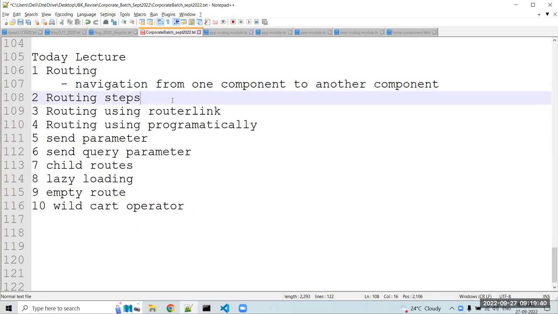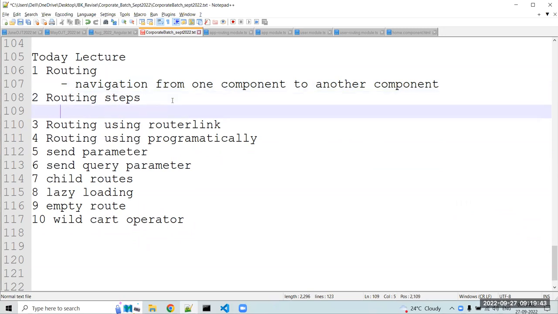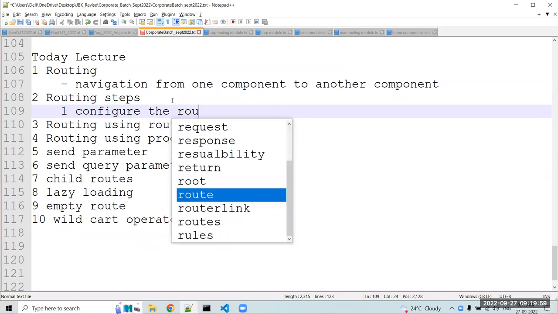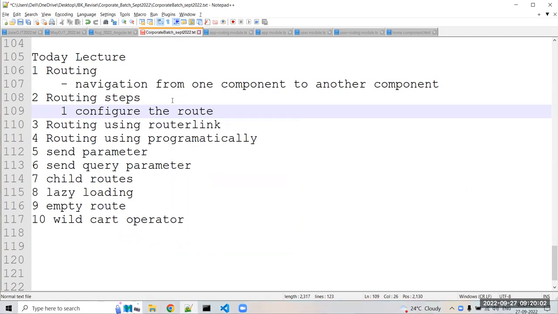To implement routing, we have fixed steps. At least basic 3 steps are present to implement that routing. First step is configure the route. Okay, that is the most important. If you want to perform any routing, you have to configure your route: when we click on a button or any image, which component we have to route to. So that configuration you have to mention in your